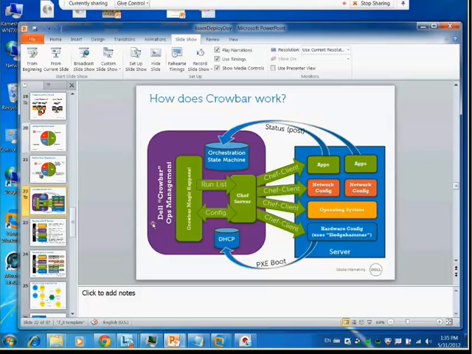Chef doesn't deal with bare metal. It doesn't deal with BIOS and RAID configurations. It doesn't deal with some of the networking pieces that you have to deal with. You know, you have to create VLANs and you have to set up things such that everything is communicating in the right way. So think of Crowbar as a master orchestrator. So it's soup to nuts, end to end, starting from bare metal, and it uses Chef as it needs it